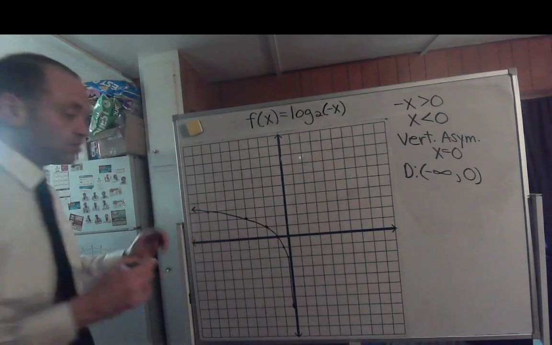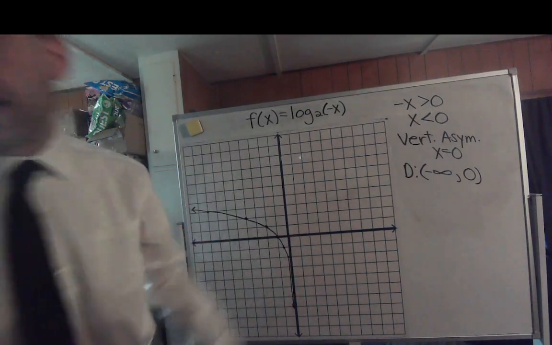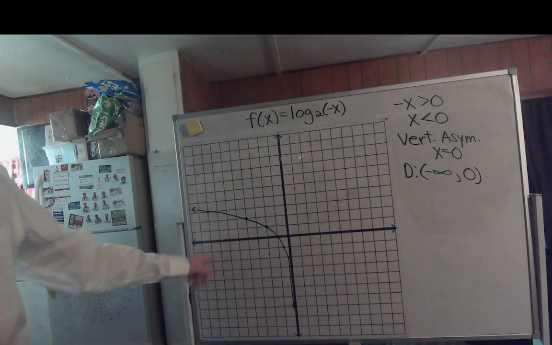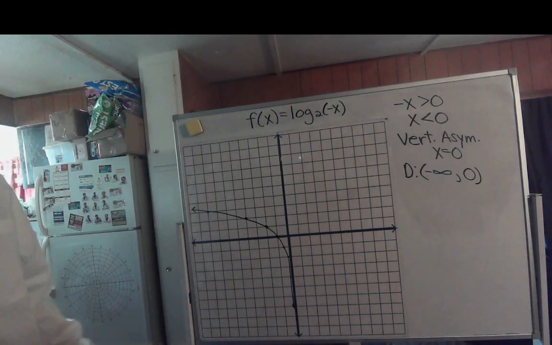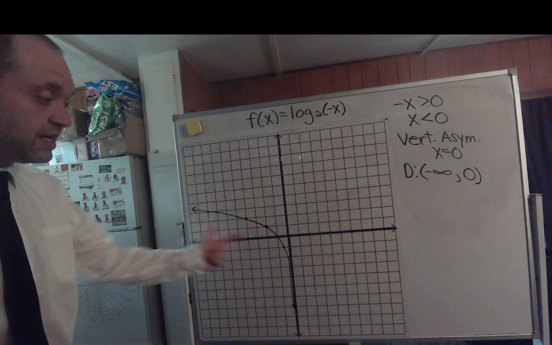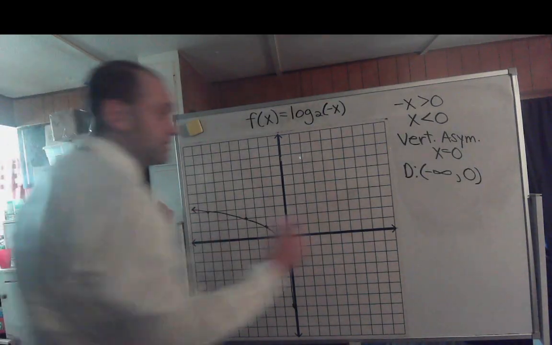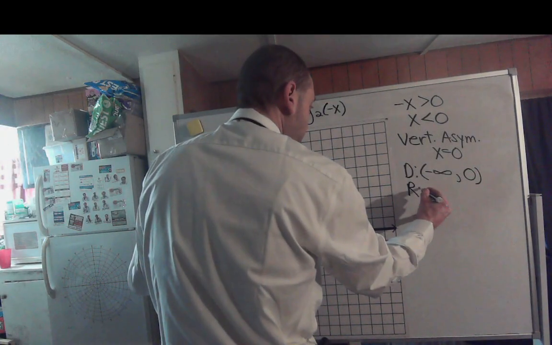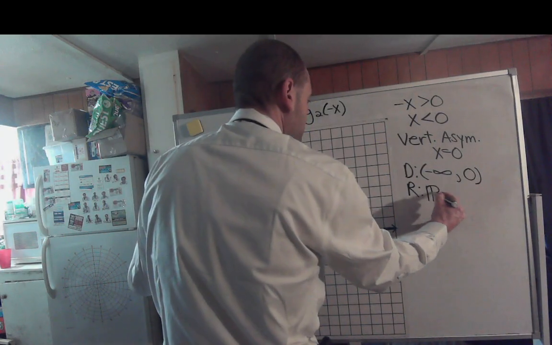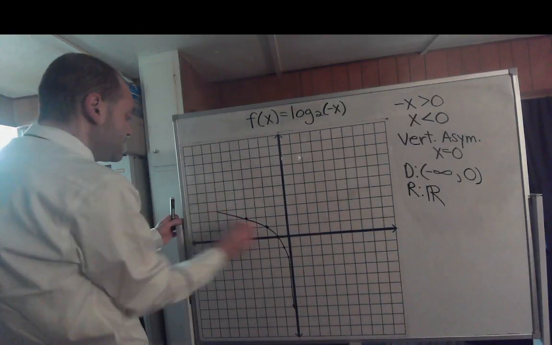So there is your logarithmic function reflected in the y-axis from the original. So yes, your domain goes from negative infinity up to 0 non-inclusive, but your range is still negative infinity to infinity. So your range still hasn't changed. It's going to be all real numbers. All right, now